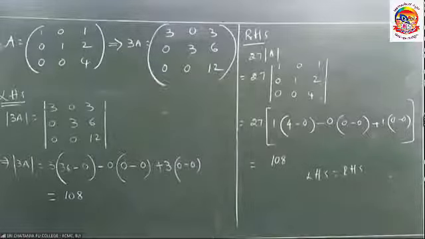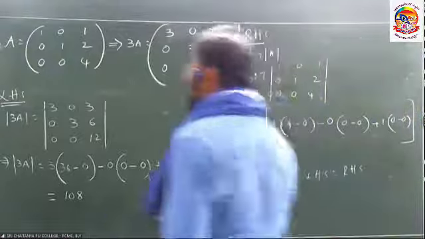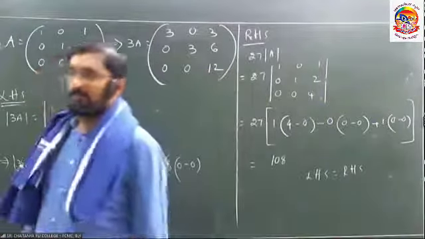Another doubt in the chat box: sir, in the previous class you said the shortcut for 2 by 2 matrix. Similarly, is there any shortcut for 3 by 3? Obviously there is, but you should not use it in PU. So in the fourth coming classes, it will be clarified. Nothing to worry.